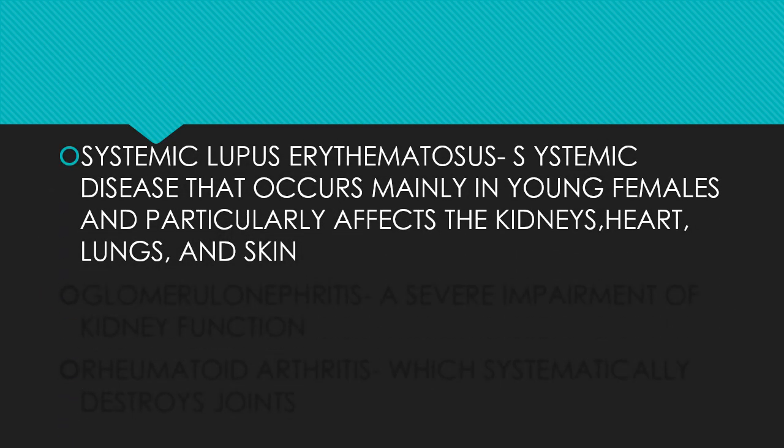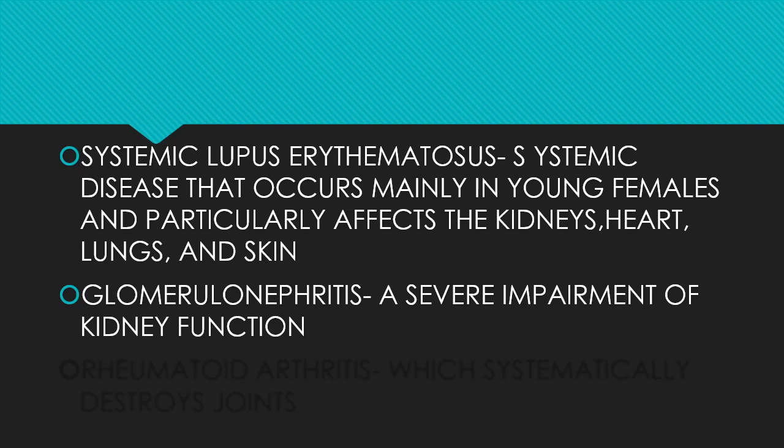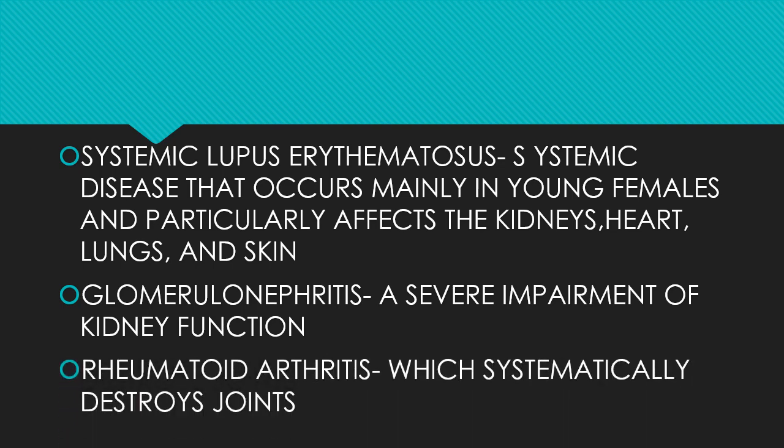The systemic lupus erythematosus also, a systemic disease that occurs mainly in young females and particularly affects the kidneys, heart, lungs, and skin. Glomerulonephritis, a severe impairment of kidney function, and rheumatoid arthritis, which systematically destroys